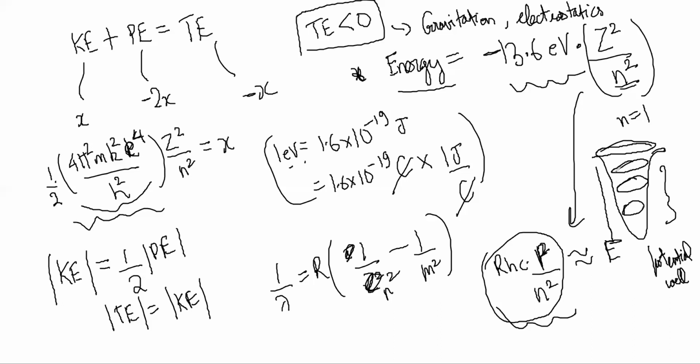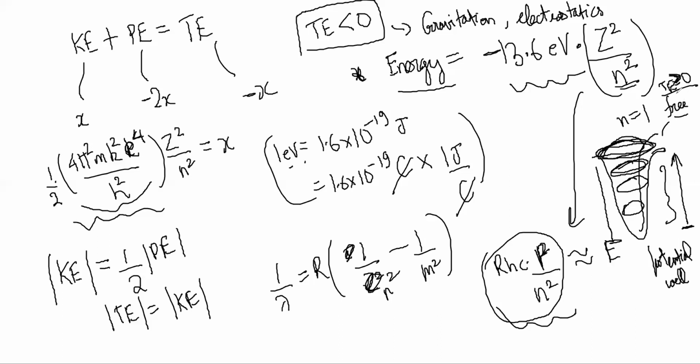And the moment the electron acquires enough energy to escape this well, then total energy becomes 0. Then the electron is free to go wherever it likes, right? So that means for the electron to escape, you have to give it enough energy to cross the potential energy barrier. It has to come out of the well, no? Then the electron will be free. Then total energy will be 0 or greater than 0.